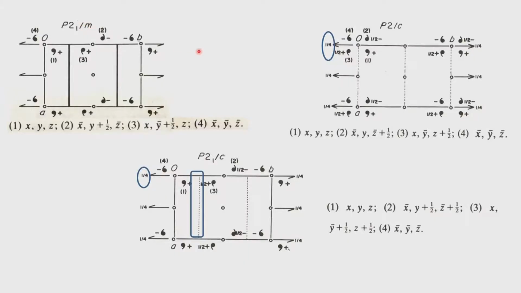So, the space group is P2 by M, and the equivalent points clearly indicate now the presence of the mirror symmetry, which is removed by 1/4. So, this operation, symmetry operation number 3, has a half translation associated with y bar. That is the one which invokes the presence of the mirror symmetry. So, these are the 4 equivalent points in case of P2 by M.